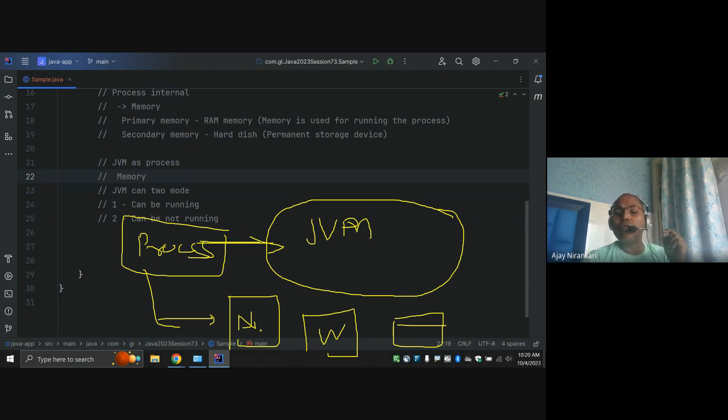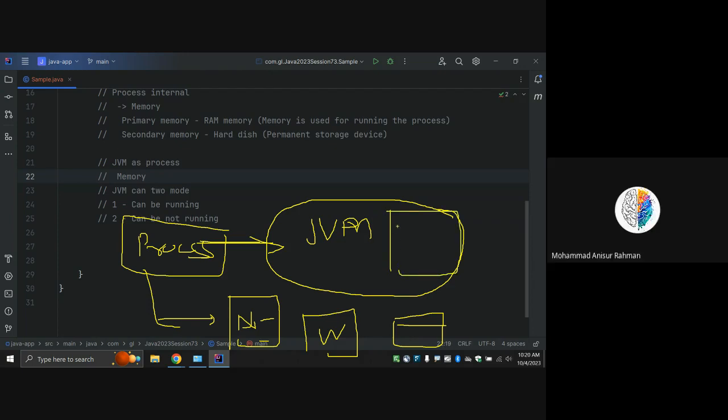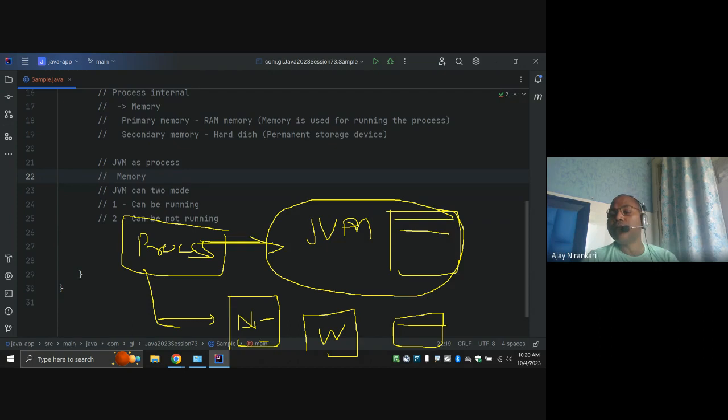And notice each process has its own memory. They need one specific memory, which in Java is known as heap memory. Here the JVM has options: it can create sequential flows of execution.